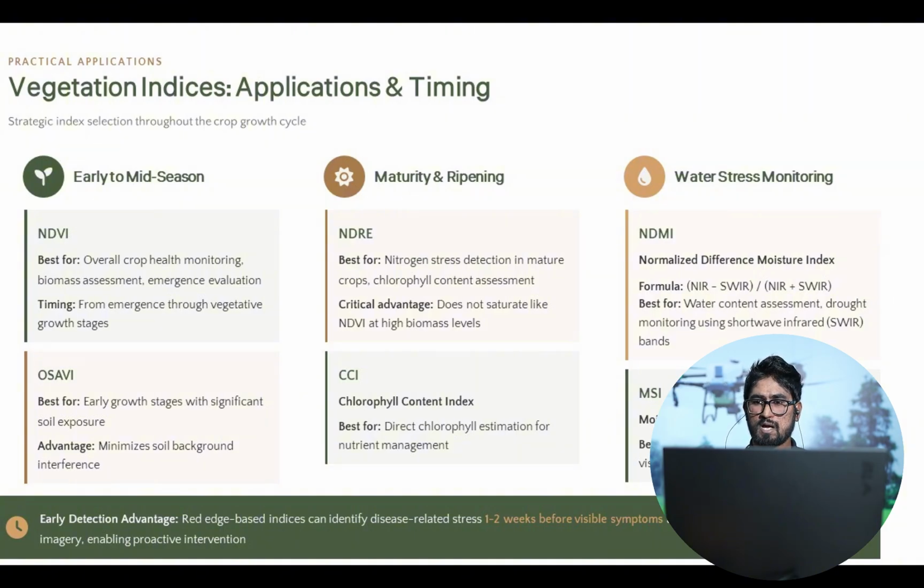And we can use normalized difference moisture index and moisture stress index to detect water stress in a particular crop area. An early detection advantage is that red edge based indices can identify disease related stress 1 to 2 weeks before visible symptoms appear in standard RGB.